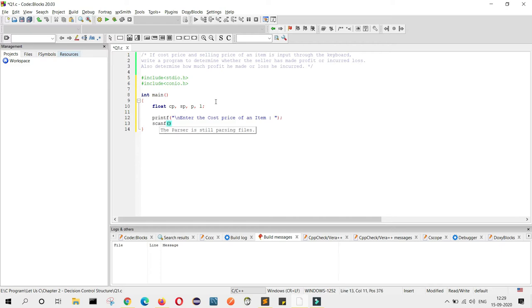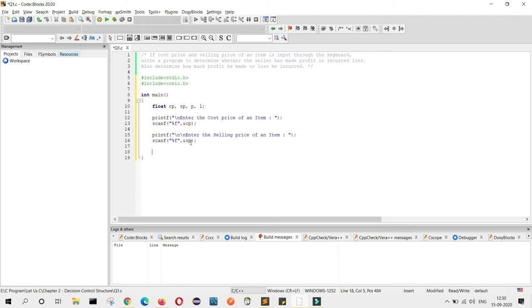Scanf, that should be %f because I have taken float, and we need cost price, so that is &CP. Similarly I will write for selling price, so I just copy this line and paste here. I will write, enter the selling price of an item, and in place of CP it should be SP.